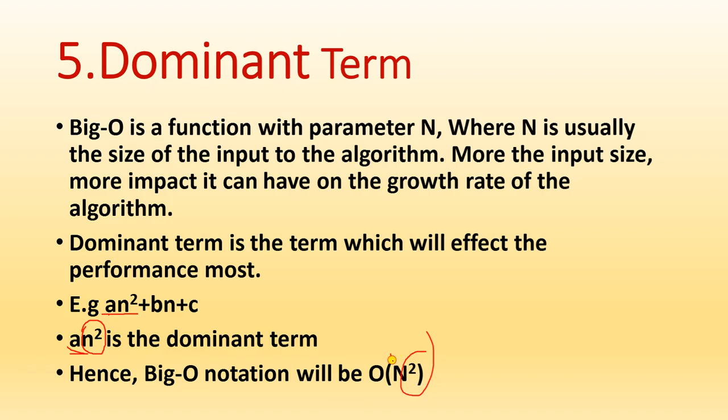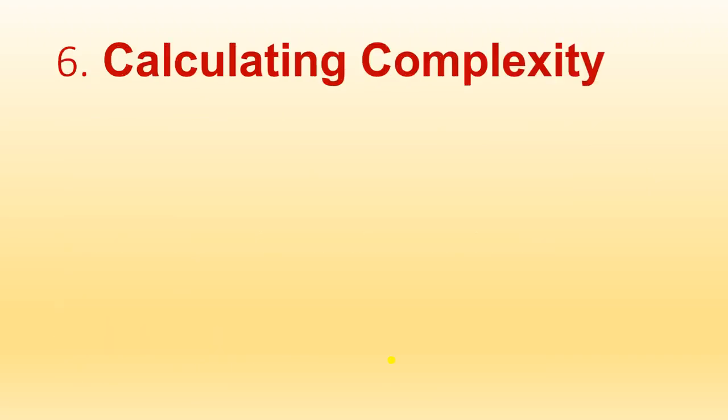And if you want to write the small n also, okay, this is also correct. It will not give you any error or any kind of mistake. So capital N and small n, you can use any one. So the complexity of this is capital O, n square.